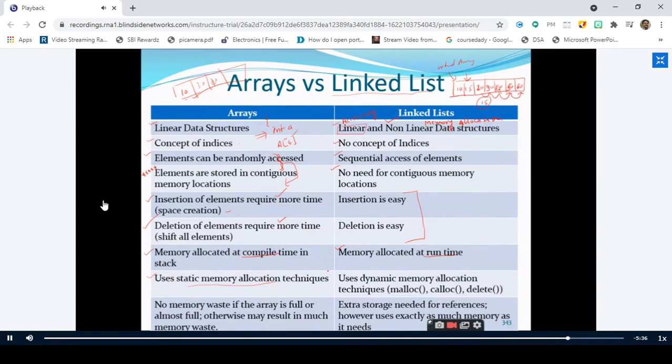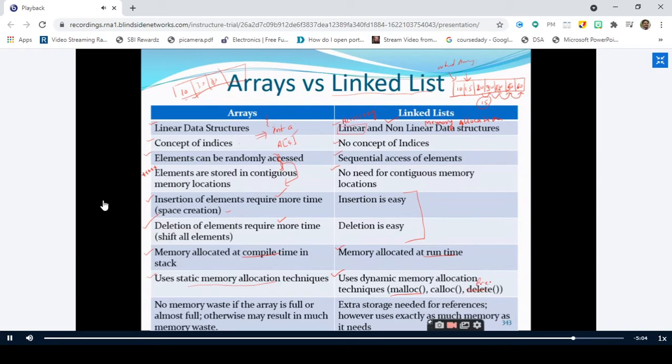But in the case of dynamic memory allocation, who is responsible for allocating the memory? Even though it is the compiler, you should give the statements. As a programmer, you should use the function malloc. So in order to allocate the memory, you use the malloc function. When you come out of the function, it is the programmer's responsibility to free that memory which is allocated using malloc and calloc. Is it clear?